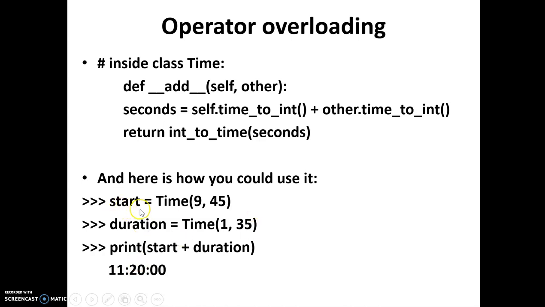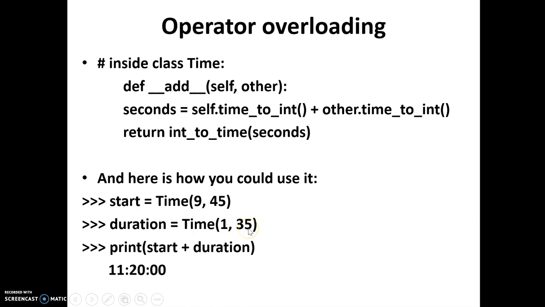Start is one of the objects that has been created for the class Time, and the two values 9 and 45 have been set, though the definitions of init and str have not been shown here. With reference to the methods that we defined in the previous slides, we'll assume that the init and str methods are executed in this example also. So the object has been created with two values passed, by which the init method is invoked, and the hour and minutes are set with the values 9 and 45, and seconds takes the default value of 0.